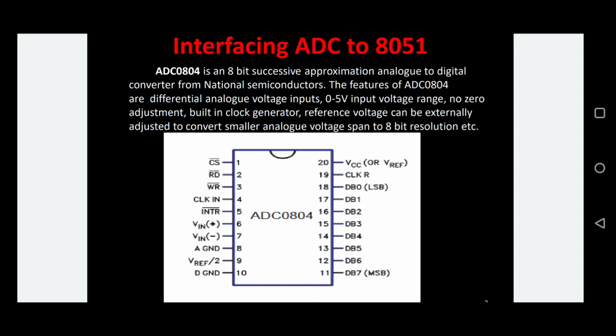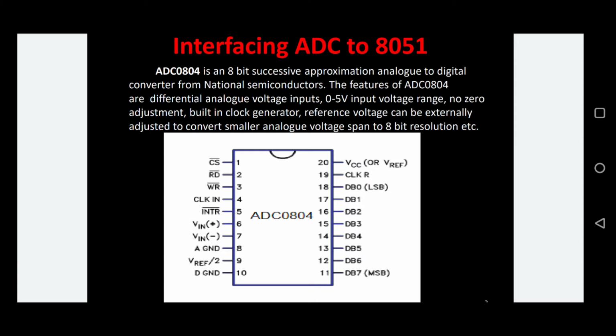So let us see the pin diagram. The pin diagram contains 20 pins. The first pin is CS, chip select, the second pin is read, and the third pin is write. Read and write are basically active low signals. The fourth pin is clock input, the fifth pin is the interrupt pin, the sixth pin is positive input voltage, the seventh pin is negative input voltage, the eighth pin is analog ground, that is A GND, the ninth pin is reference voltage, and the 10th pin is D GND,